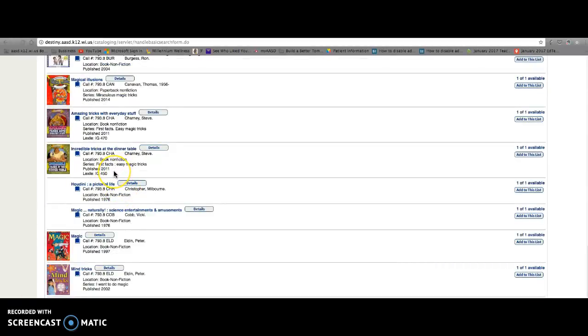You'll notice that sometimes the school library will purchase a book in print and in the electronic format. For example, Amazing Tricks with Everyday Stuff. The Houdini School Library has this in print because there's the little blue box. That little picture means it's a print book. It's located at 793.8 on the shelf. If this book happens to be checked out, which today it says it's available because it says 1 of 1 available,